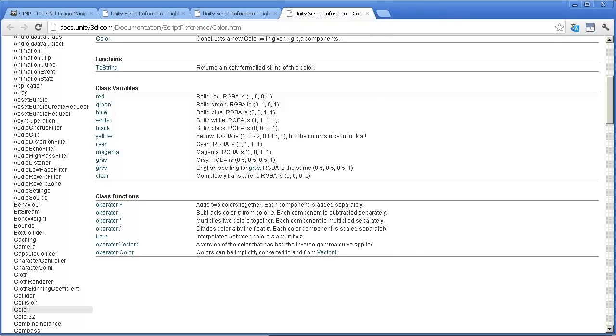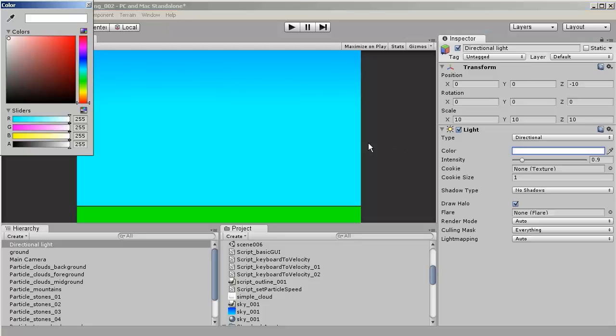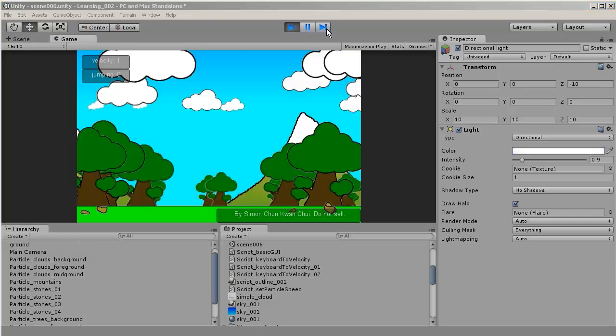Let's go into Unity and figure out a nice yellow. Actually, we need to see what's going to be on the screen. Actually, let's go to Google image search and look up